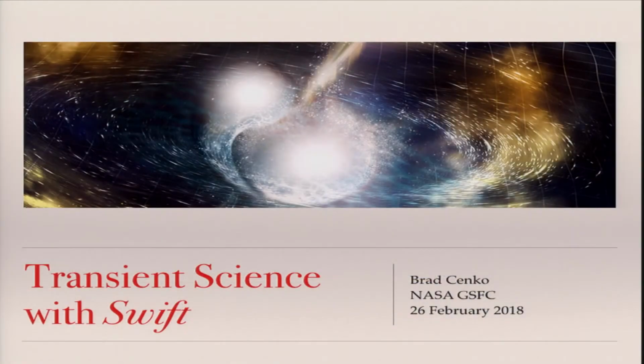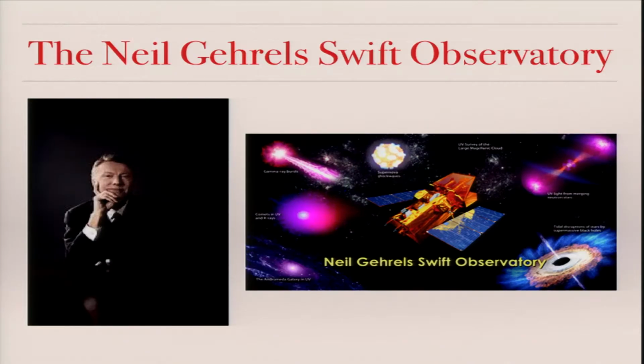Okay. So I'm going to try to give you an overview of the transient science that the SWIFT satellite has conducted in the last 14 years or so. And then we'll be hearing, in much more detail on almost all of these subjects over the course of the rest of the week. But before I begin, as Svi mentioned,